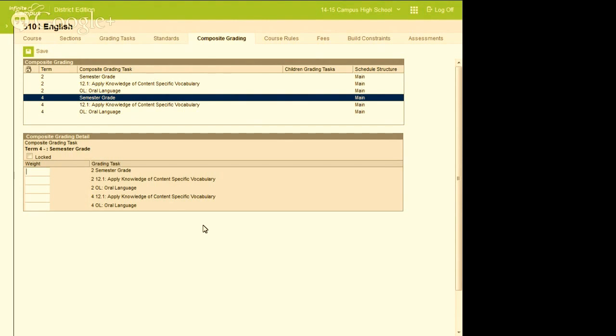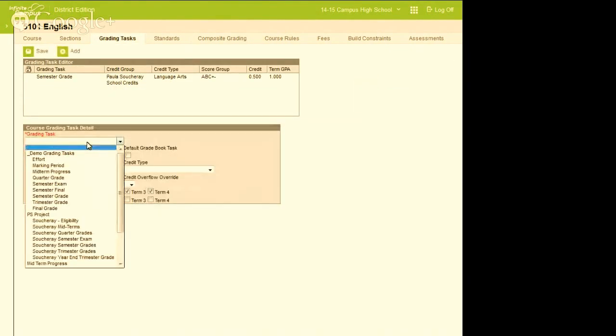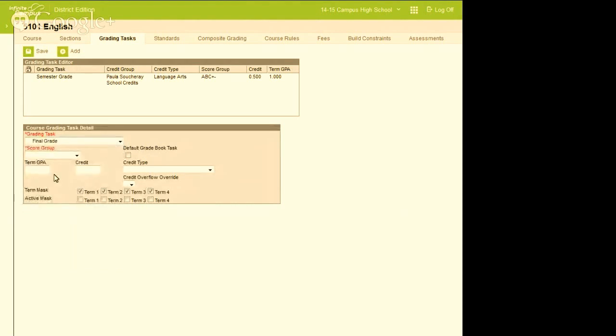Where he has semester, you would see that information. Because you guys build that into your Infinite Campus, not hardcoded yet. Yours would say final grade or whatever you want to call it. You would use your district-wide score group or scale. You would define what credit is earned on. I believe you earn credit in your schools at each semester. It's not at the end of the year. Some do, some don't. It depends. Okay. But we can accommodate that, definitely.